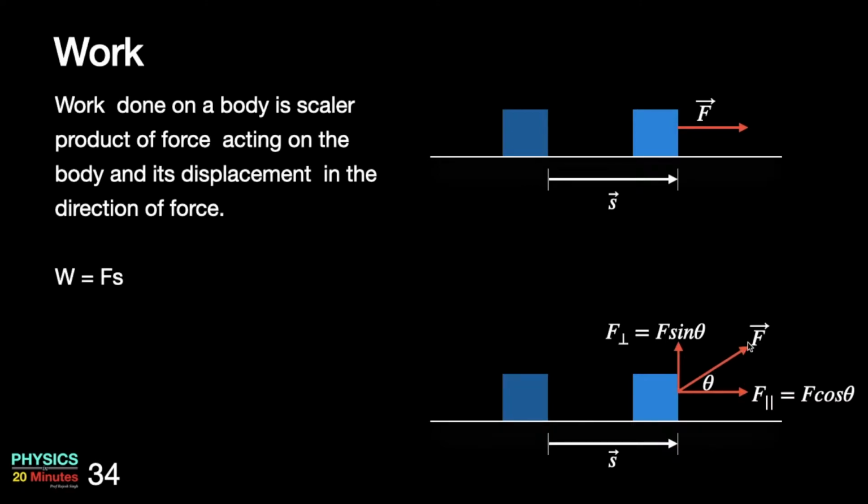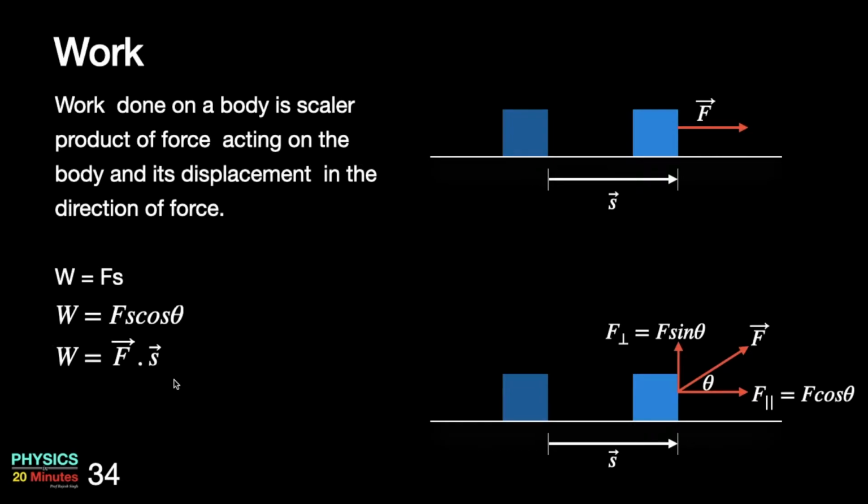This is F sin theta, I would mark it as F with a perpendicular sign. So if the force is acting at an angle, it can be resolved into two components, and then in this case the component which is in the direction of displacement will be used for calculation. So F cos theta into S will give you work, which is Fs cos theta. But Fs cos theta can be written as the dot product of two vectors, vector F dot vector S. So the work done is vector F dot vector S in this case.